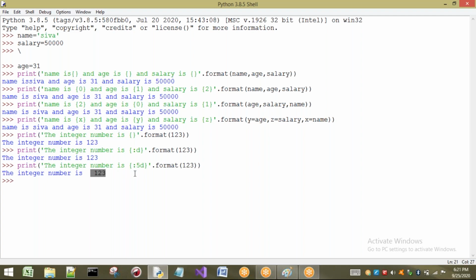Sir, why spaces? I want to insert zeros. Then you can insert zeros. If you want to insert zeros, place here 0. So automatically, if you print this output, total 5 digits will be there. And in that 5 digits also, first two are what? Zeros. Why it is zeros? Here I have done it.